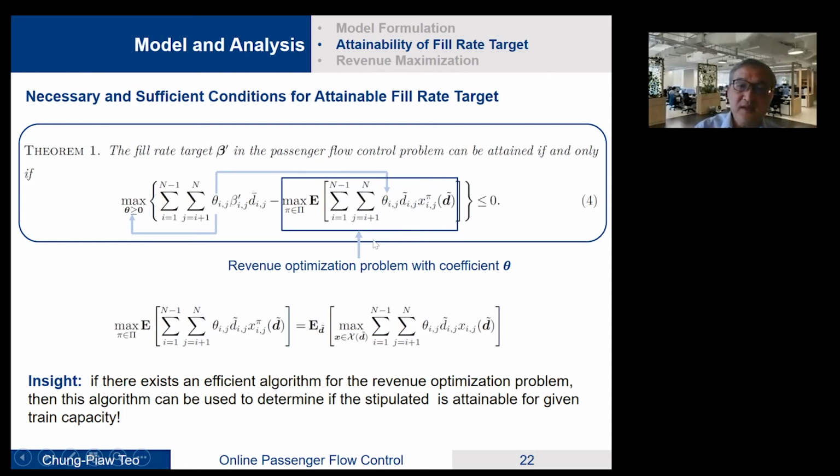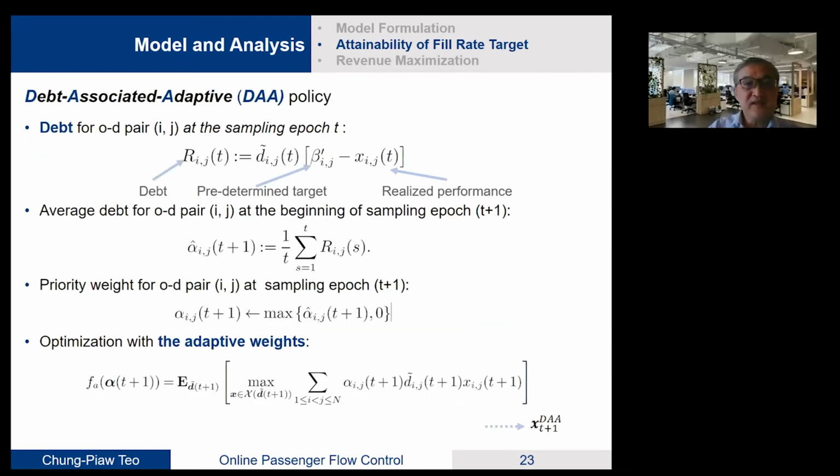If you look carefully at the inner maximization problem, this is essentially a single objective DP with the revenue given by theta IJ. So the key insight from this analysis is that the multiple objective stochastic DP problem can be reduced to a single objective DP problem if you can do this in an online setting. So the online setting helps to connect the single objective and the multi-objective stochastic DP type problems. And the idea is the heuristic, the algorithm is actually quite